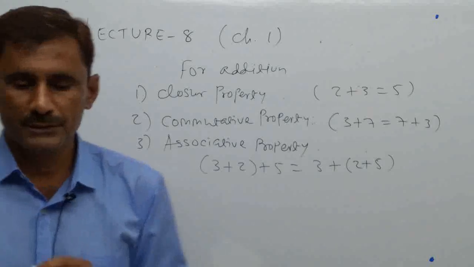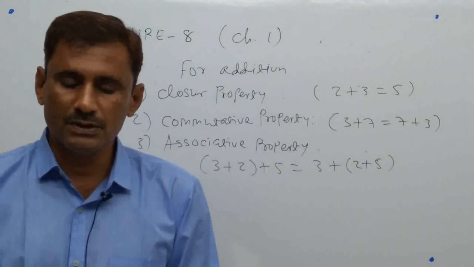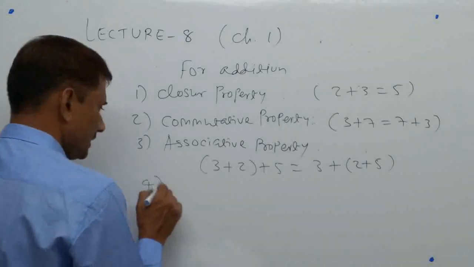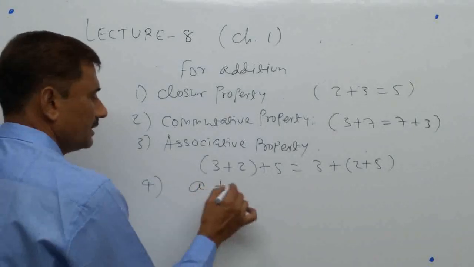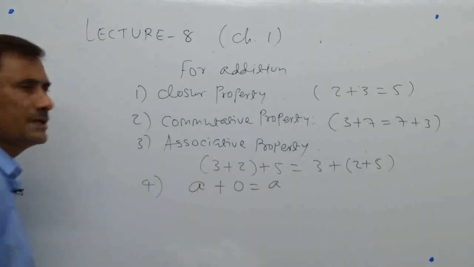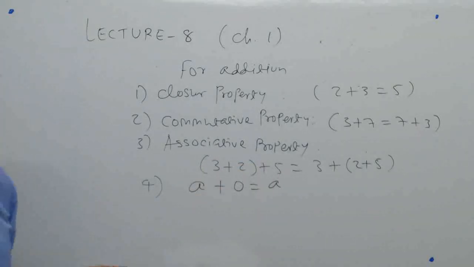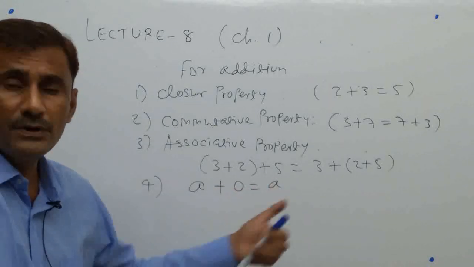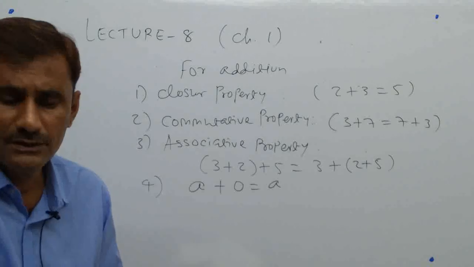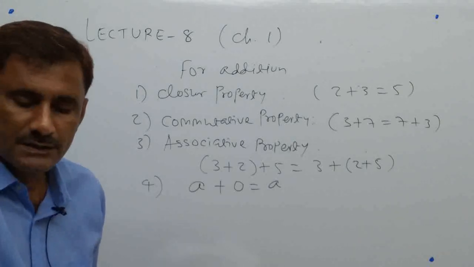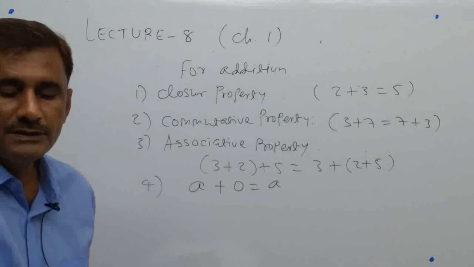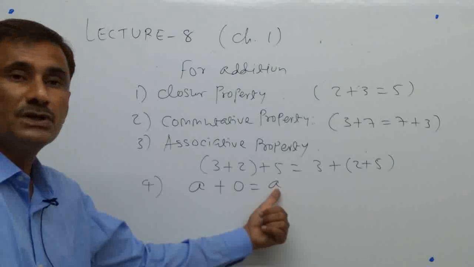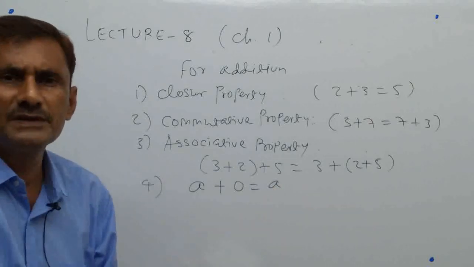Now look at 4. The sum of any rational number and 0 is a rational number. Suppose A and 0, then the answer will be a rational number. So if you add 0, then the rational number itself will be there. If you add 0 to 5, then 5 will be there only. Okay, so again read that statement. The sum of any rational number and 0 is the rational number itself. No new rational number you got, because adding 0 means nothing.